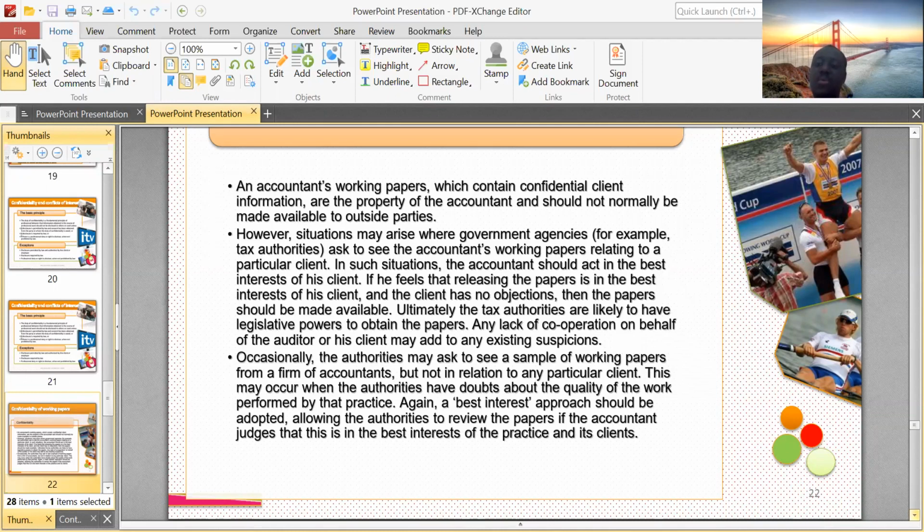But the working paper is the property of the auditor. Remember that it's the property of the accountant. It contains client information, and it's supposed to be confidential. Occasionally, the authorities may ask to see a sample of work papers from a firm of accountants. This is an occasional practice. This usually occurs when they have doubts about the quality of work performed by that practice. So as a quality control measure, they would like to see the working papers to see if the auditors are